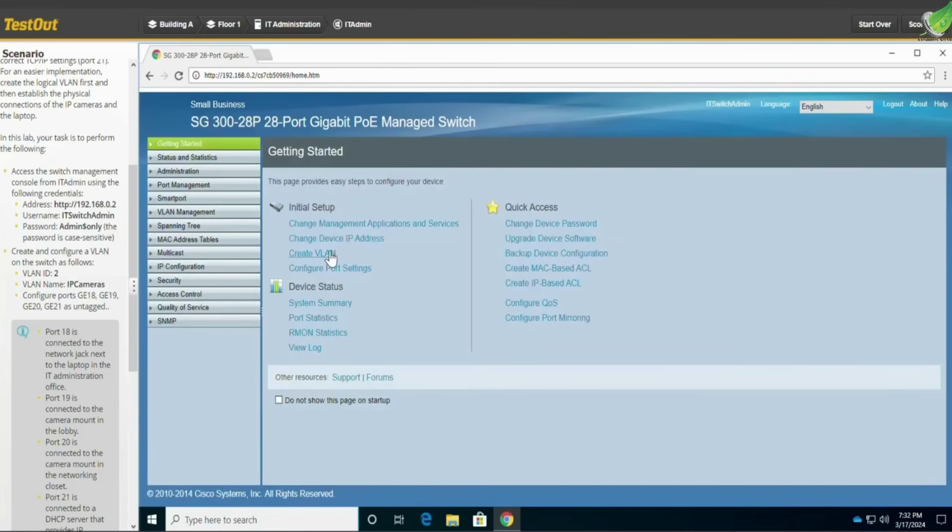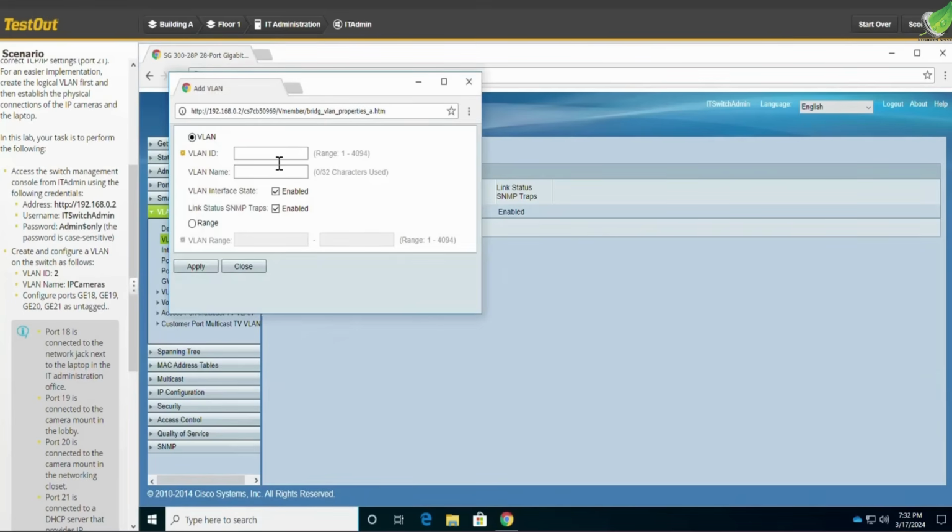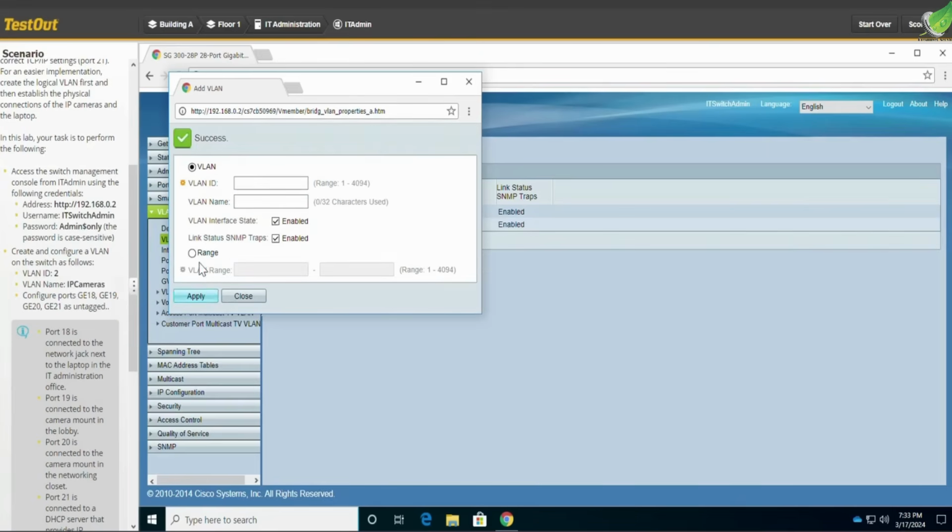Alright, so we create a VLAN and we click on add. The VLAN ID is going to be 2. VLAN name, let's see what we have. So we just copy and paste IP cameras. Okay, so we click on apply, click on close,